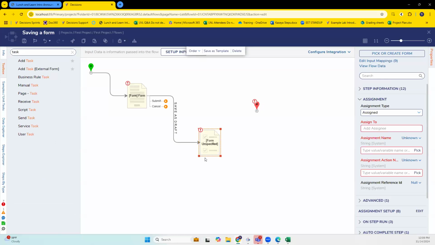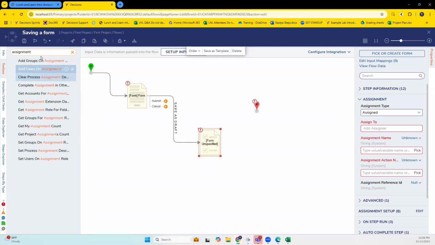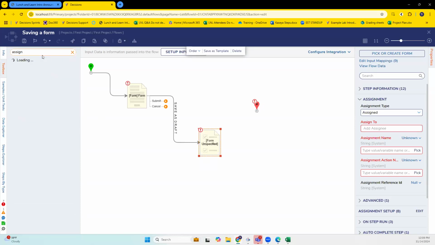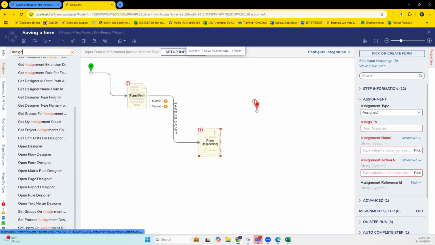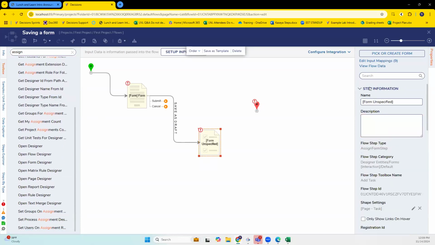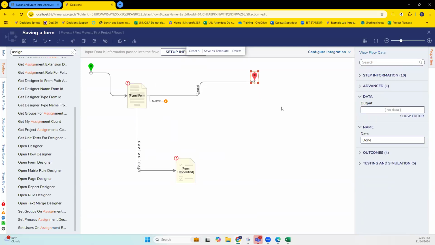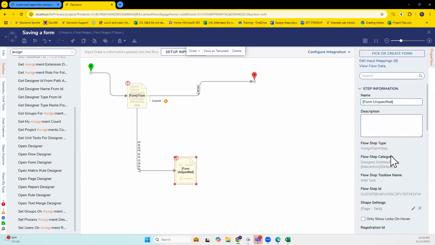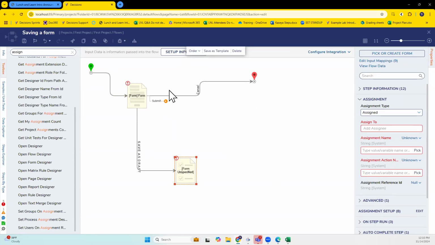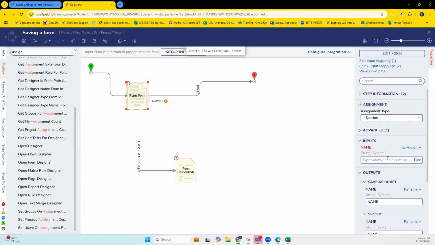Let me go into this and find out. I'll get you the step information in a second. So the second form is properties, step information, assign form step. It's called add task in the toolbox here. Okay. My guess is, and again I'm not the best with this, that